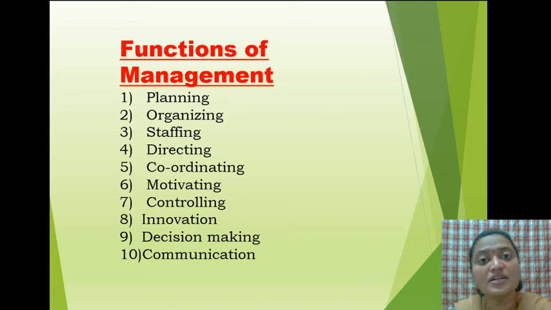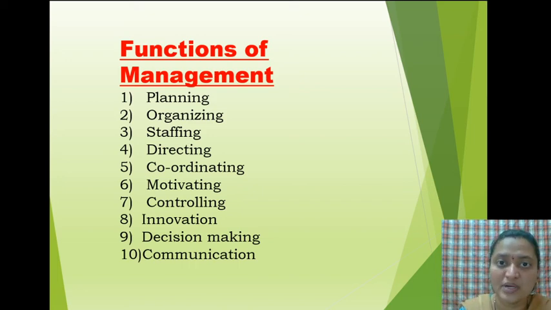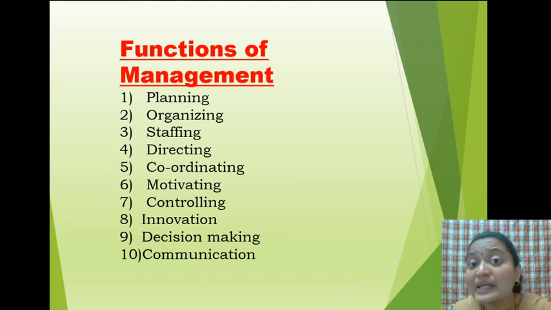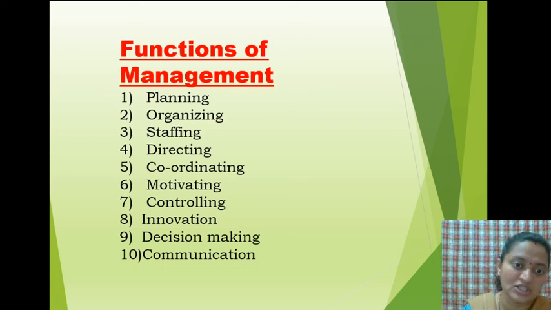So these are the different functions of management. Just briefly I will tell. Planning means what? Deciding in advance what work has to be done, when and how it has to be done and all that. And after planning will come organizing. Organizing means arrangement of the work group wise. Then staffing means what? Selection of people, selection of the right person for the right job. And directing means what? Giving proper orders and instruction.